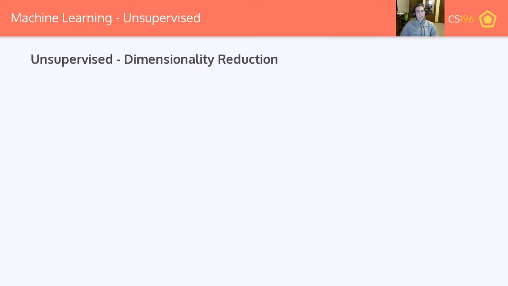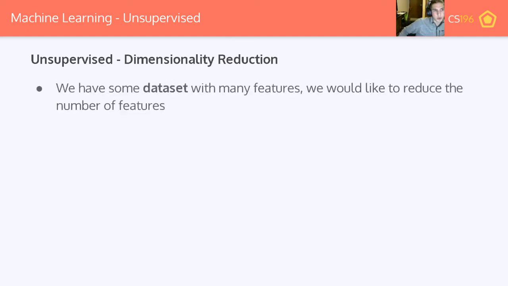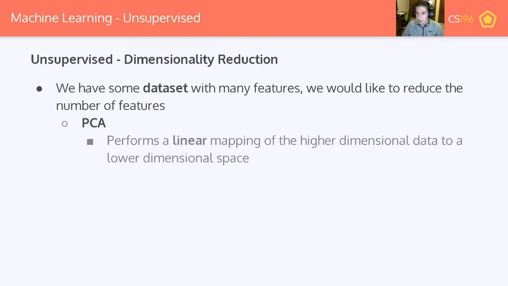Great. So next, maybe let's talk about dimensionality reduction. And this one's, I think, a little bit more exciting and a little bit fun to use. So we have some data set and it has many, many features, and we just want to reduce the number of those features, right? There's lots of good reasons to do that, but we'll maybe just talk more about some of the approaches. The first is this thing called PCA, or Principal Component Analysis. Once again, not getting into the math,